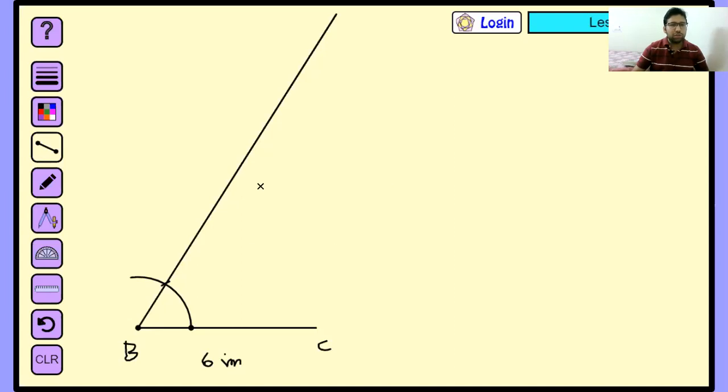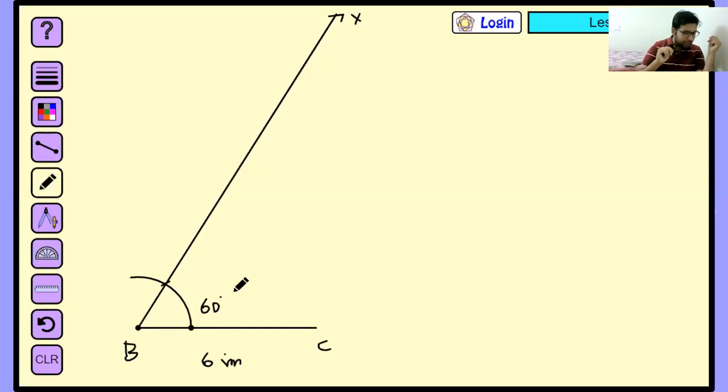I will tell you, this is the first line, class, that we have got. Let me call it X. This point is not required this much, but I have made it longer because I require it. So you can say the first step is draw BC equal to 6 centimeter. Second step is draw angle CBX equal to 60 degree. So we have done two steps.